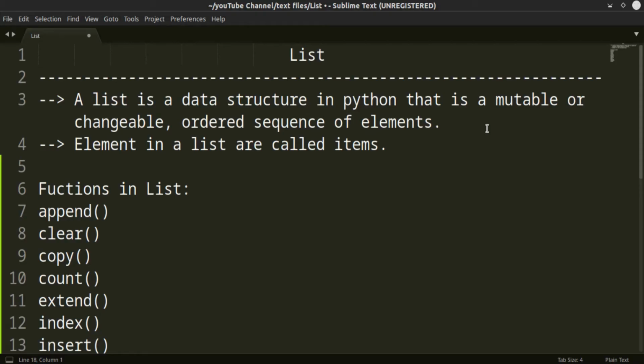What is a list? A list is a data structure in Python that is mutable, which is, you can say, a changeable, ordered sequence of elements. Why do we use this list? Because